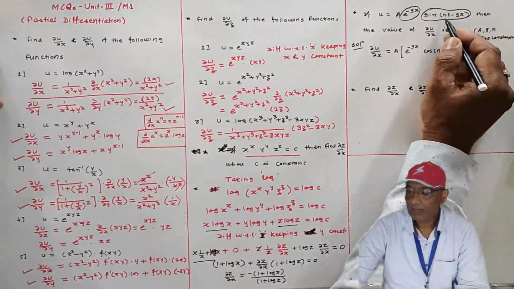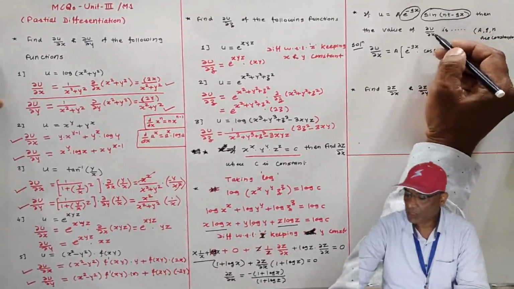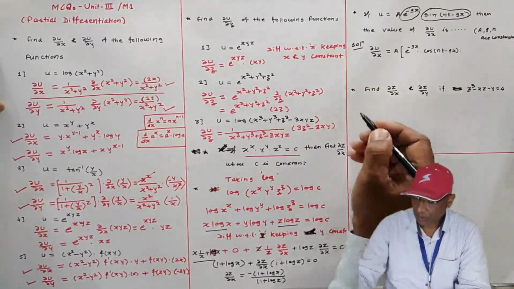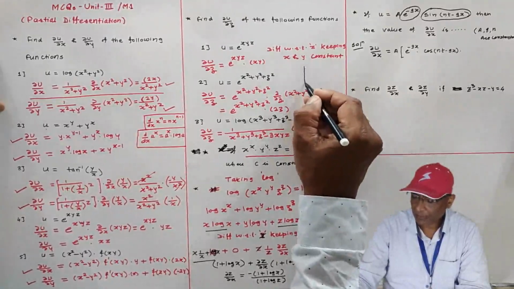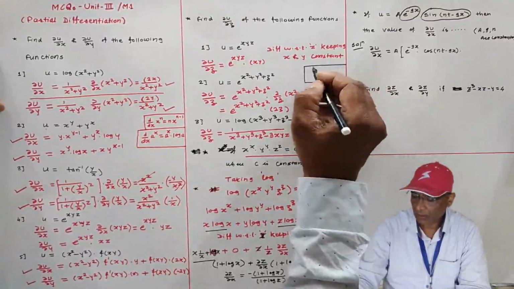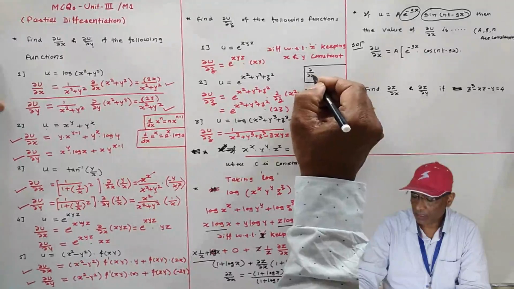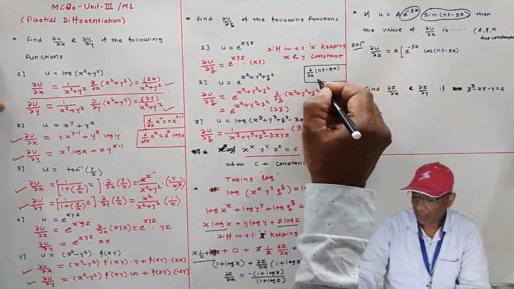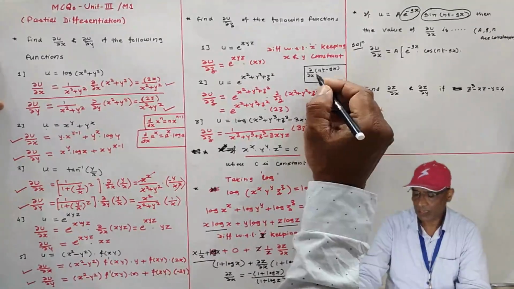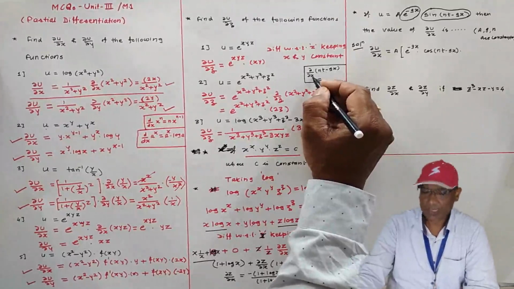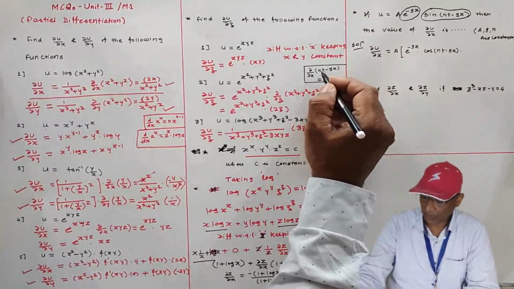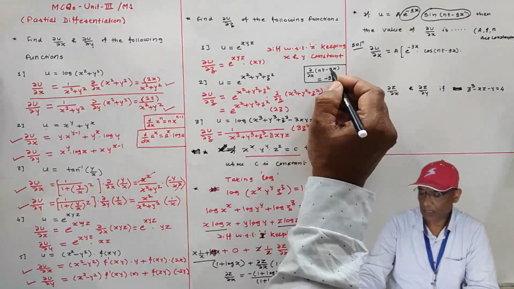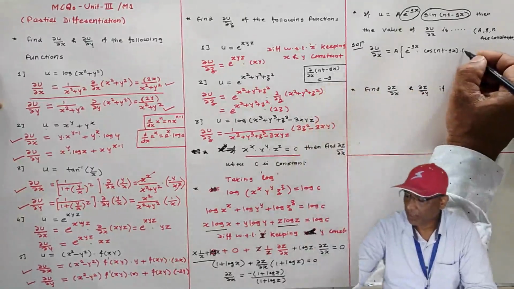Right, and the derivative of this argument nt minus gx with respect to x is what? Derivative of nt minus gx, here I am writing the derivative with respect to x. The derivative of n and t is 0 because we are taking the derivative with respect to x, keeping the other variable constant, meaning t is constant. The derivative of x is 1, and minus g is a multiplicative constant, so minus g